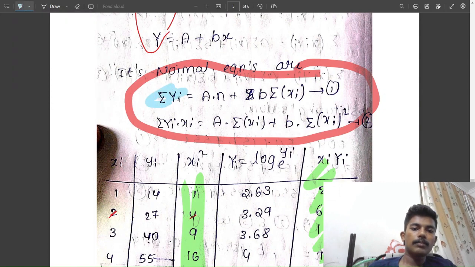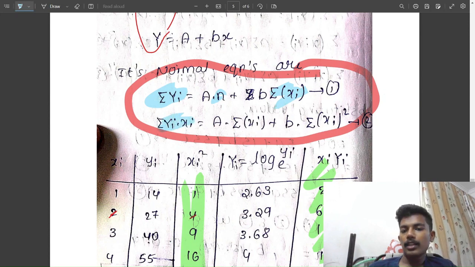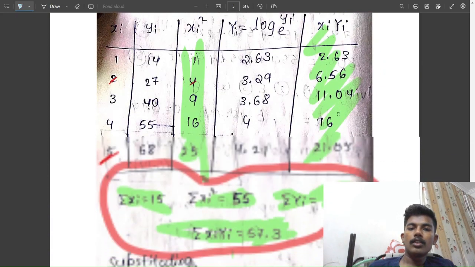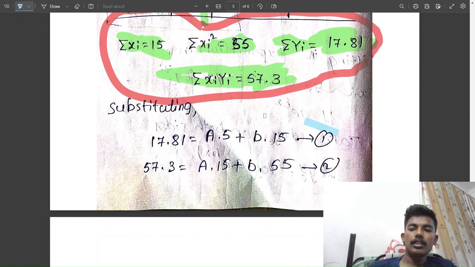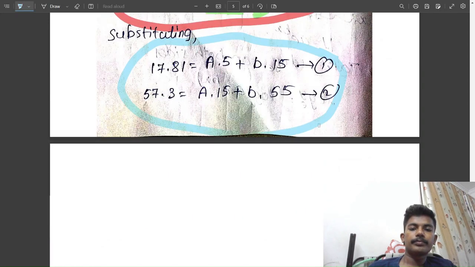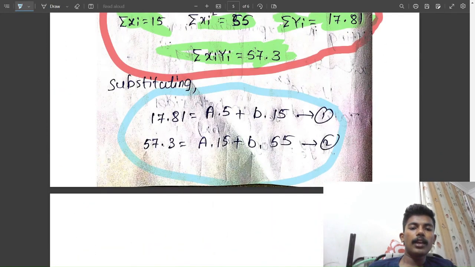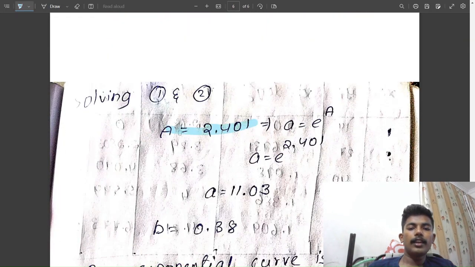By substituting sigma yi, the n value, and the sigma xi value, and in the second equation by substituting sigma yi xi, the sigma xi value, and the sigma xi square value, we will obtain this below equation. So solving the obtained two equations, we will get